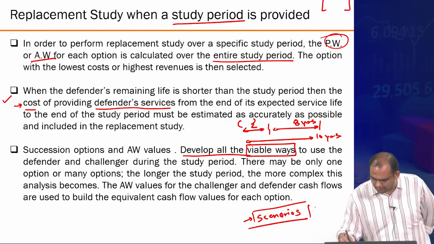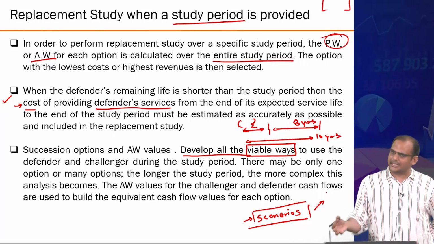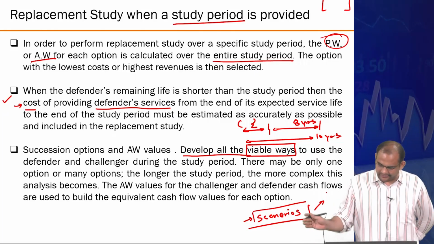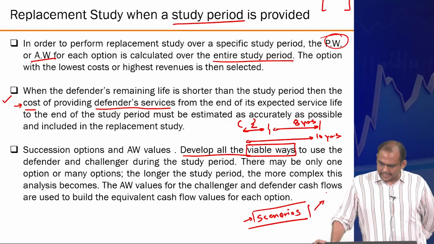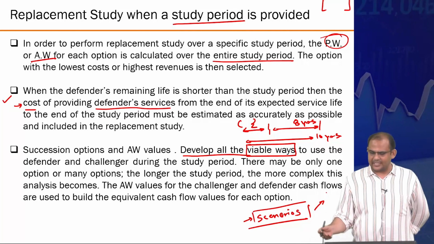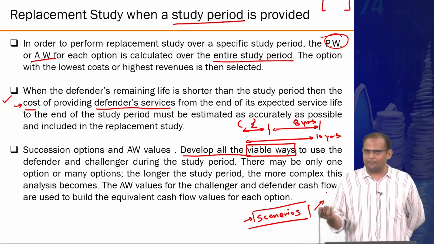This is something, all viable ways, is something I'm calling scenarios. Let me explain again, and give an example in a minute. There may be only one option or many options, and the longer the study period, the more complex this analysis